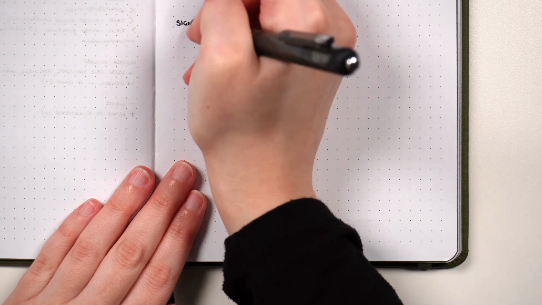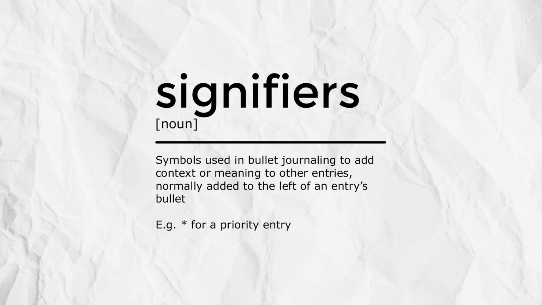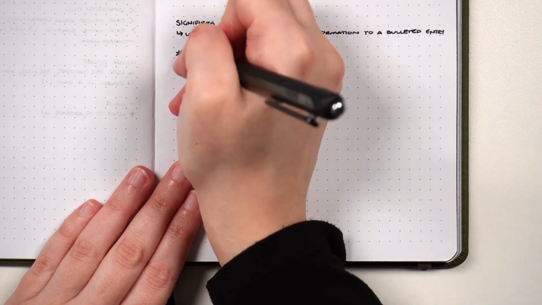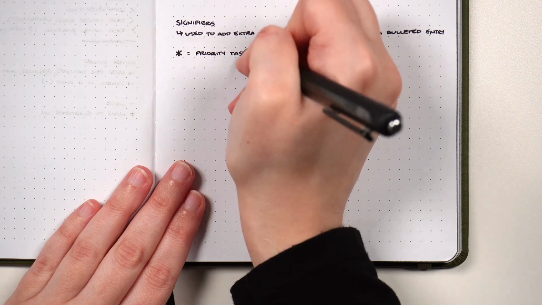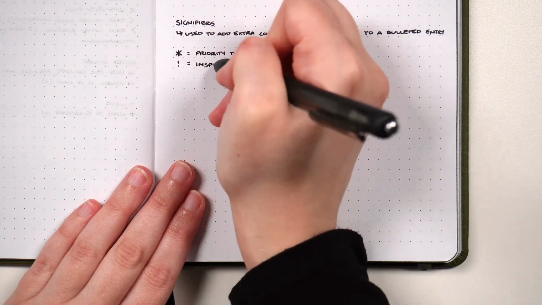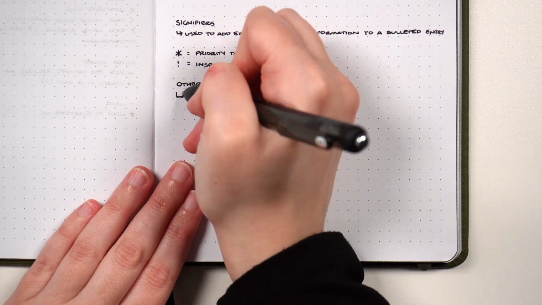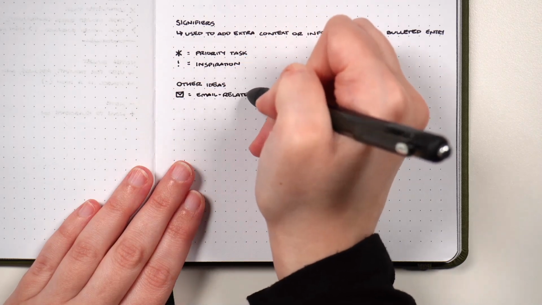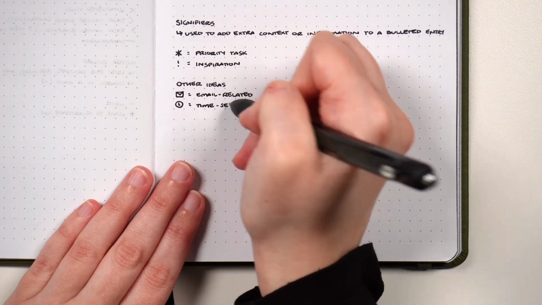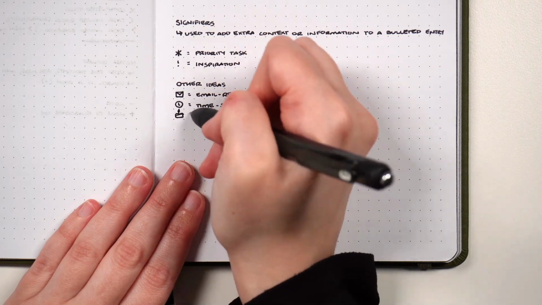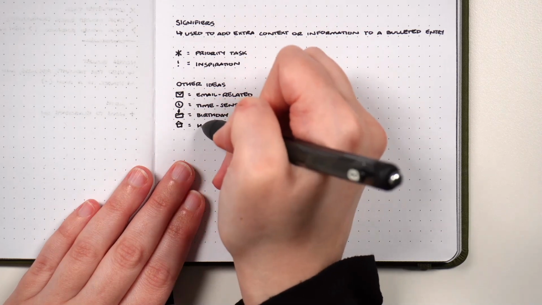Along with bullets though, we also have signifiers, and these are used to add additional information to our bulleted entries. The two signifier ideas given to us in the original bullet journal method are an asterisk for a priority task, or one that you want to focus on more specifically, and an exclamation point for a source of inspiration. The possibilities for signifiers are really endless, and really it comes down to what kind of information you want to easily highlight when you're doing your